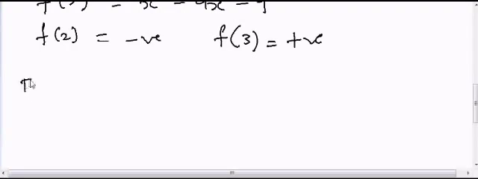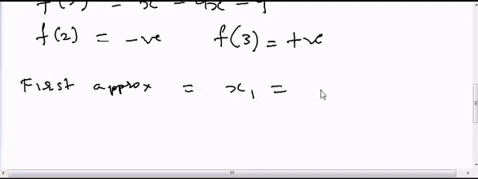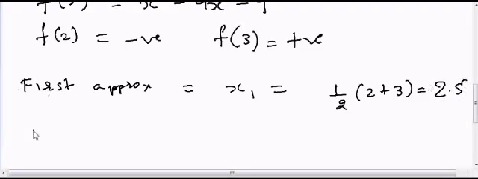So my first approximation will be that x1 is equal to 1 by 2 of 2 plus 3, and that will be equal to 2.5. Now I will calculate f of 2.5, and if I calculate that, it will be equal to